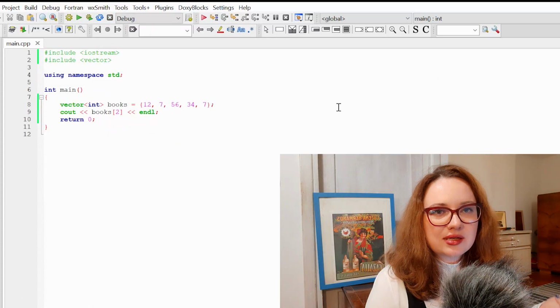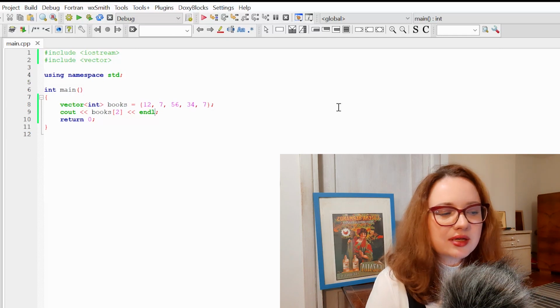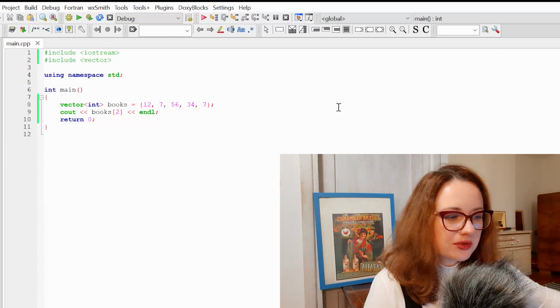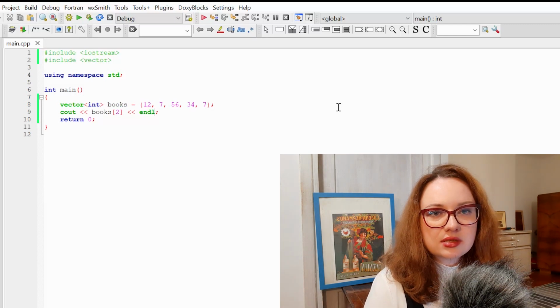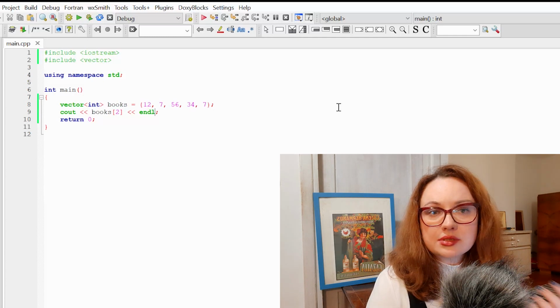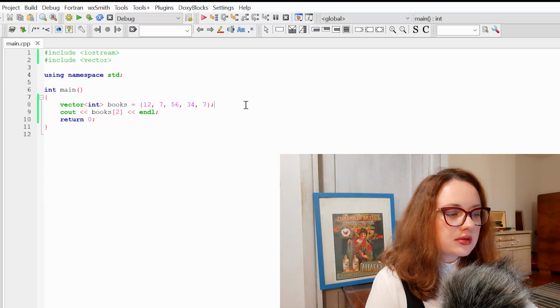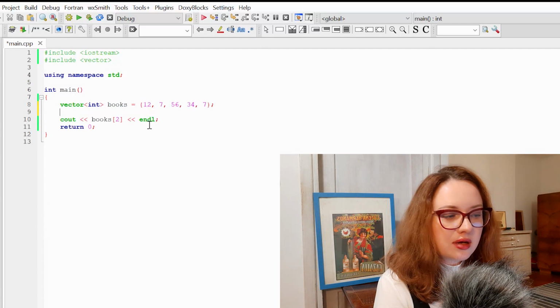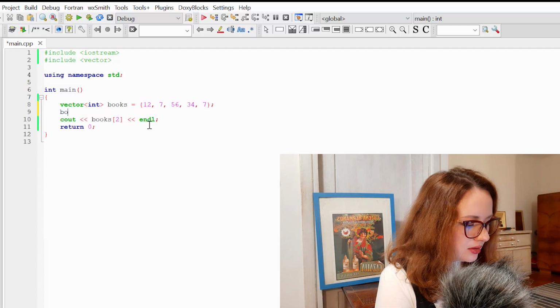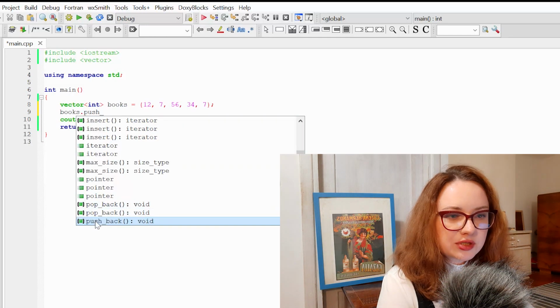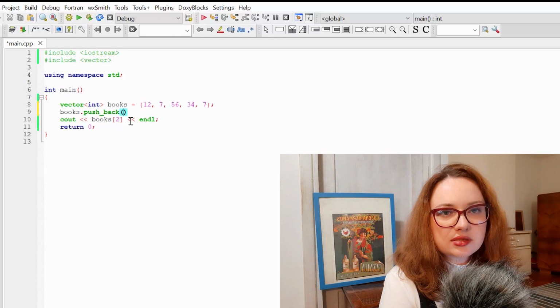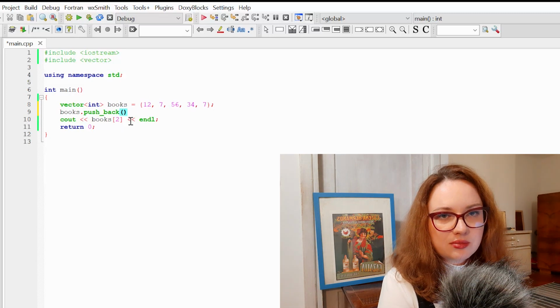Okay, but let's say someone sent me another box of my books, and now I have one more box of the books I want to add to my vector. Arrays have a fixed size, so if you want to add one more member to the array, you need to declare another array. But for the vector it's much simpler. Vector has dynamic size, so if I want to add one more member of my collection to the end of my vector, you should use function push_back, and in the round brackets we are going to write the new member of our array.